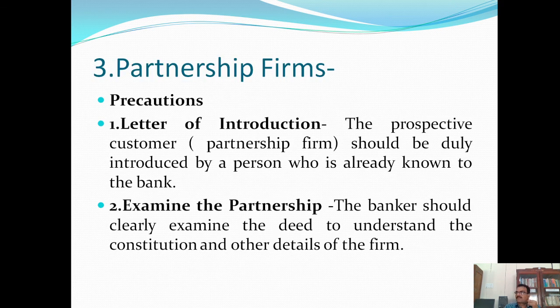Then the next special type of customer is partnership firms. What are the precautions to be taken by the banker at the time of opening an account in the name of a partnership firm? First one is letter of introduction. The prospective customer, that is the partnership firm, should be duly introduced by a person who is already known to the bank. As in the case of